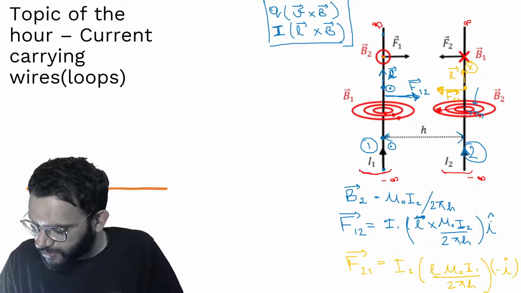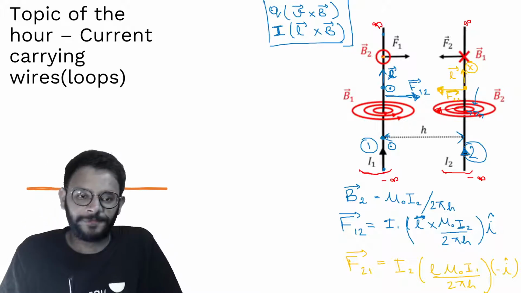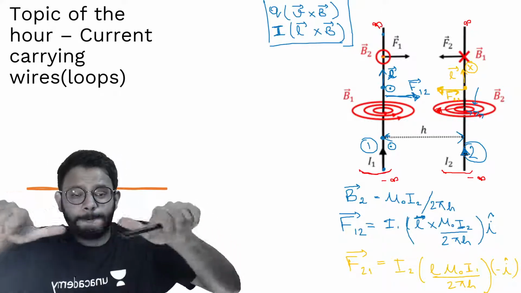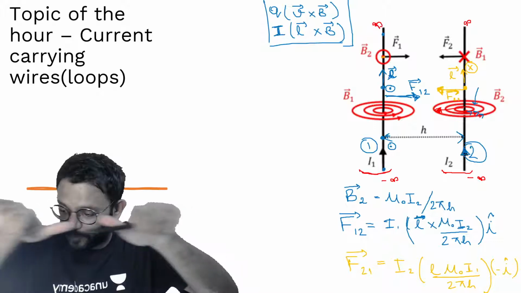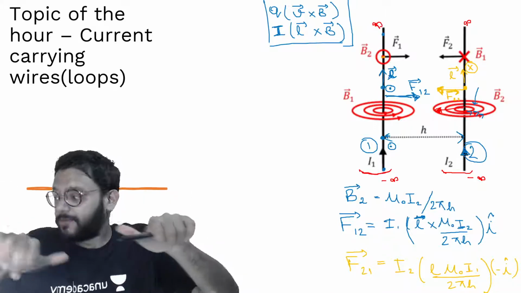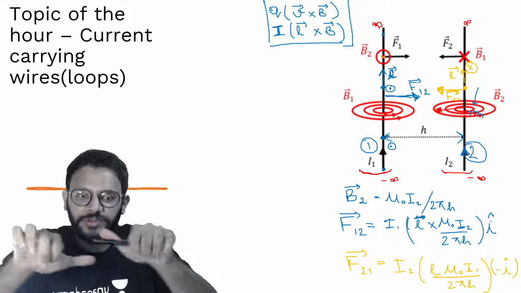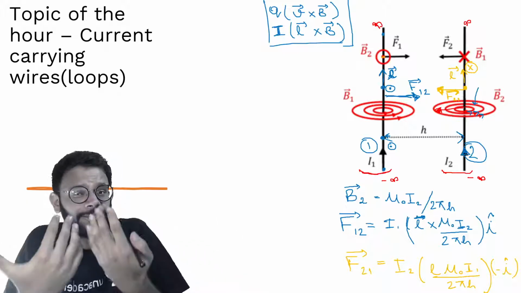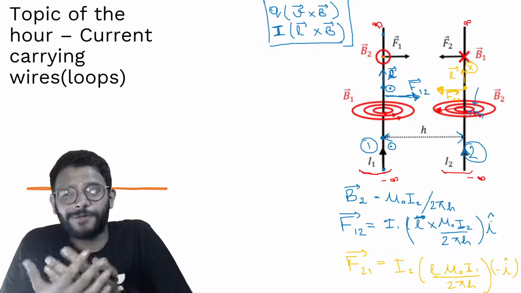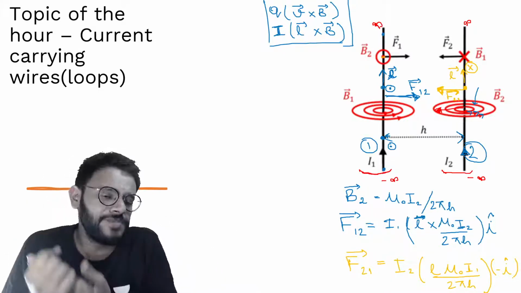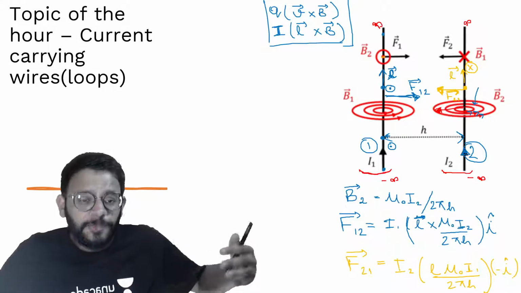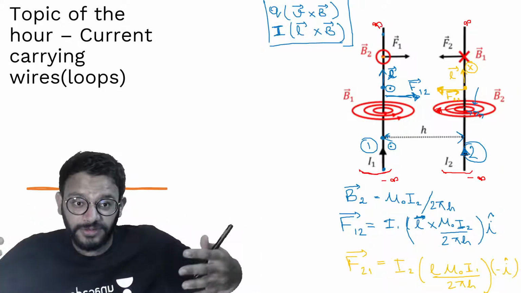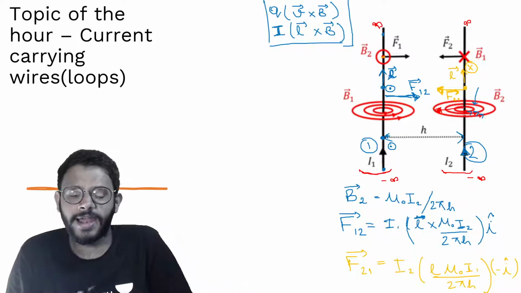The direction is now given, and I also know that since these two wires are getting a force towards each other, they are experiencing an attractive force towards each other, then the wires are going to get attracted towards each other, aren't they? The wires are going to get attracted towards each other, which means that they are experiencing a force which is an attractive force, and